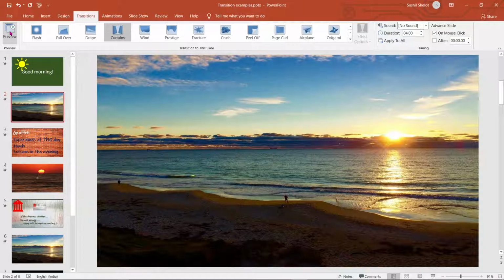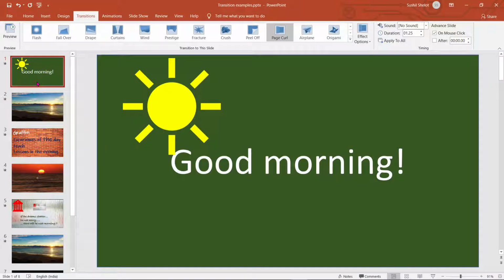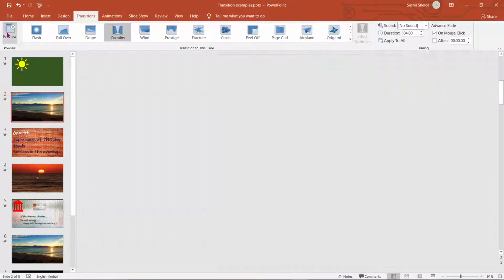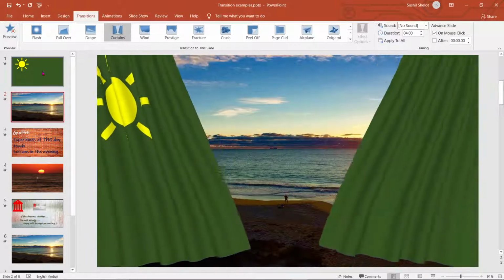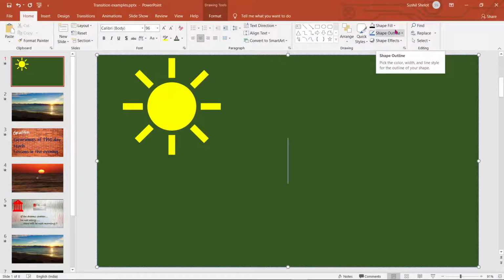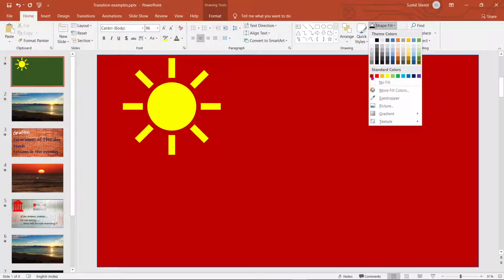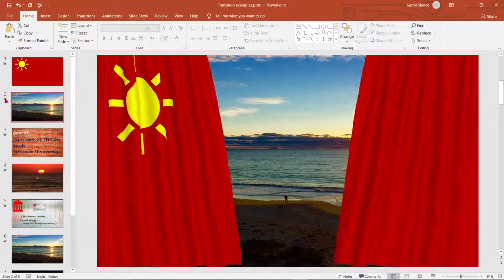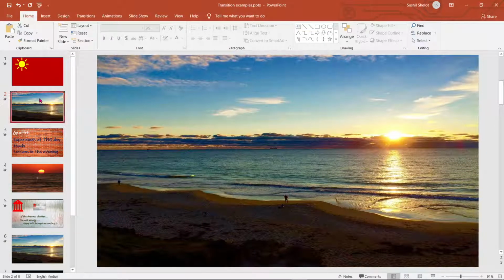Okay friends, how did I choose the curtain? On the earlier slide this was the green color, and so when the curtain was opening up it was seen as green color. This text, if I had not inserted, it would have looked a little different. It would have looked something like this. Had I gone here and chosen to change the background shape fill color to a dark red color, and had I gone to this slide and played the transition, it would have looked like this. So I could have chosen to have an actual curtain.